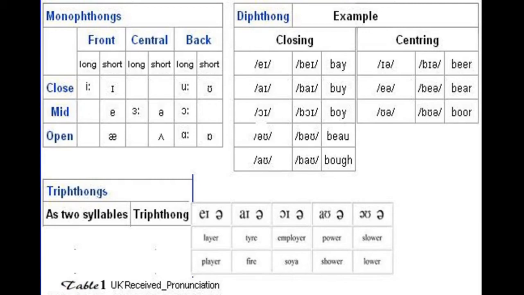Let's go now to the diphthongs. A diphthong is a combination of 2 vowels, like the word diphthong. So there is a glide or a movement from one vowel to another. We have 5 closing diphthongs and 3 centering diphthongs. The 5 closing are: